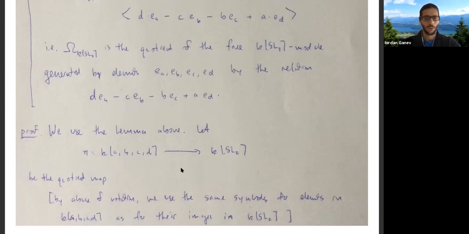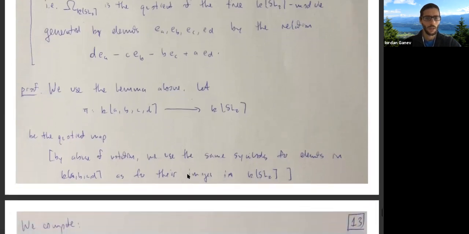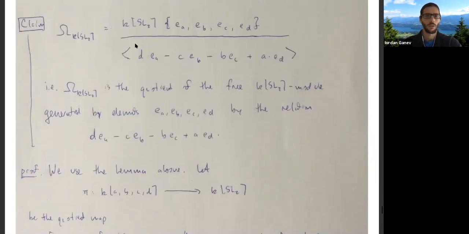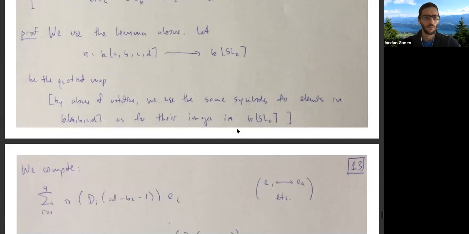So yeah, we have this quotient map. Using the lemma, or maybe it was actually a proposition from above, the fact that we have this quotient map tells us that the Kähler differentials are a quotient of the free module on the appropriate number of generators. We just have to compute what the kernel of that map is, what that submodule we quotient by is. And we had a very explicit description of that submodule. And in order to apply that explicit description, we need to compute